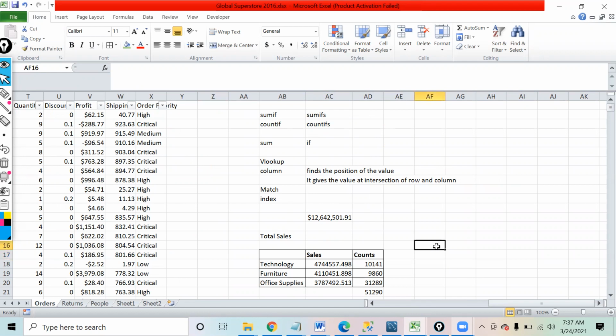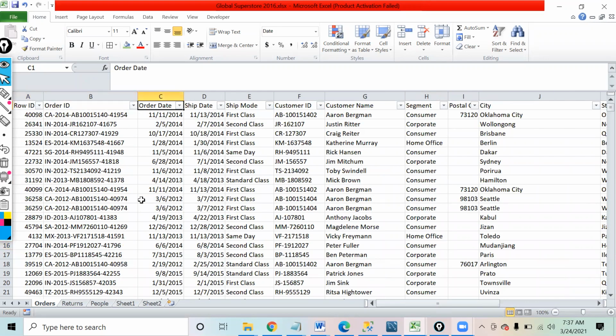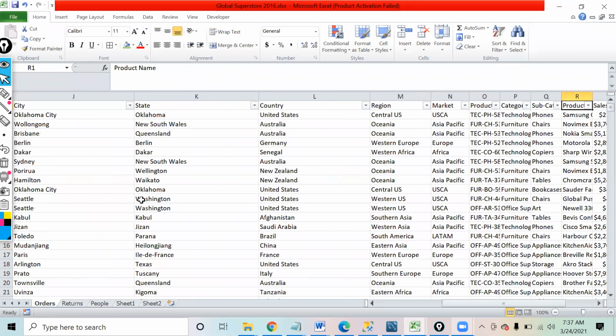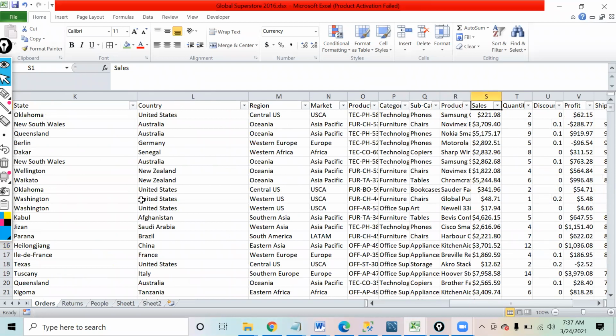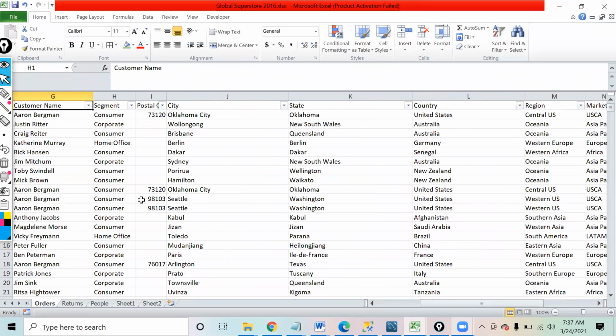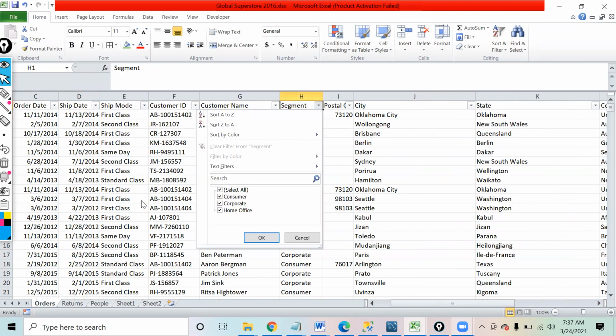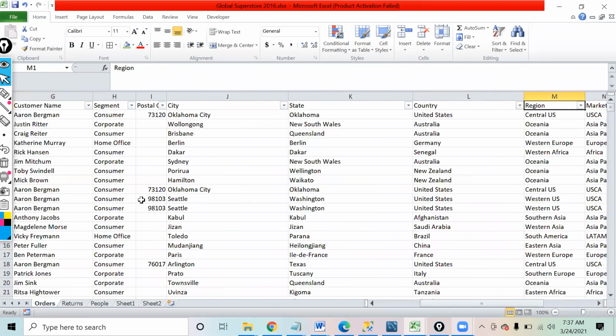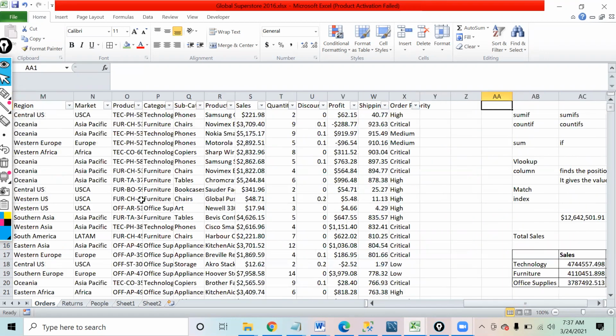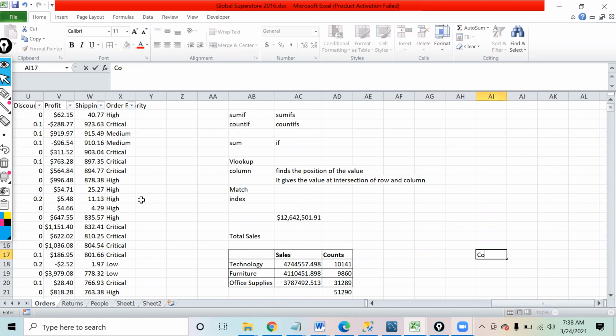Right. Now what we'll do is let us try to make it a little more interesting. Over here we have some data related to segments: consumer, corporate, home office.